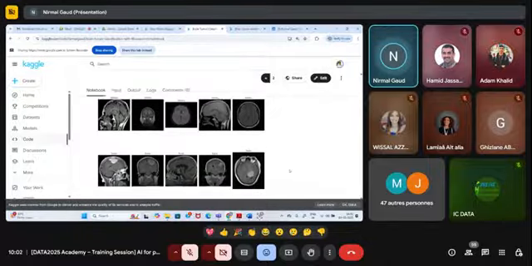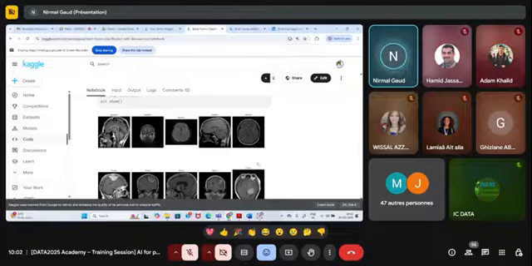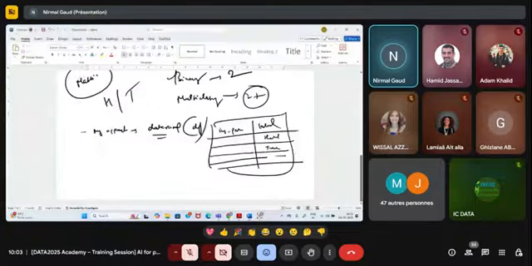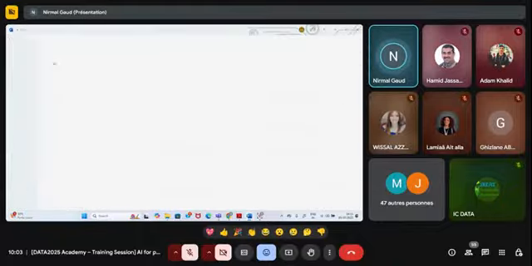From here you will see that the resolution of the images is not the same. This is a small image, this is a big image. So in pre-processing we will convert all the images into the same resolution. Before that, there is one more thing I found: the labels are unbalanced, 3,000 and 2,000.